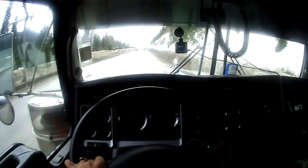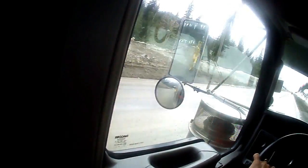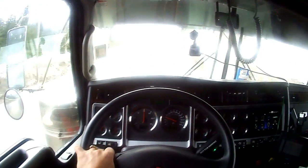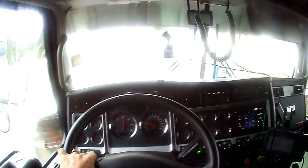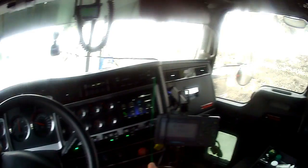See, we're almost at the top here. We're using a 10-speed Eaton transmission. It's not really the optimal transmission for trucking in the mountains, but this company's got 100 trucks, and they just want to keep things simple, because not everybody that works here has a lot of experience. Like, I've been trucking 30 years, but they get a lot of guys who are fairly new to the business,